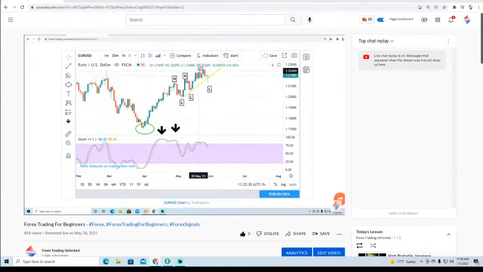Just like here, as we're making this higher move high that we had just made recently, you can see we sold off for the last couple of days. It's starting to grind here, and it looks like the indicator is saying the market wants to sell off. Could be, maybe not. Remember that since we're in a bull market, we've been making higher move lows. So as the market sells off, it doesn't sell off very much before it returns to the trend. That's why you've got to remember, in this case where we're in an uptrend and we're using an indicator, when it says it's overbought and ready to sell off,